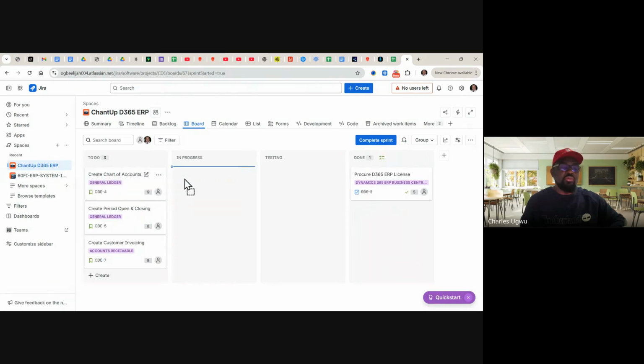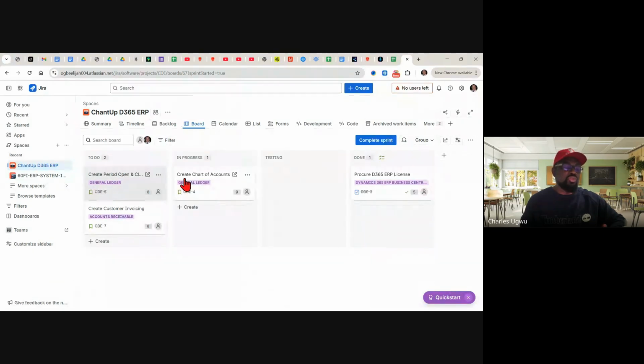Anyone who is working, it can be one person, it can be two people working simultaneously. This person will start creating, configuring and customizing the chart of accounts to meet the needs of the finance and account department in Chantop. And once that is done, you do a brief testing.